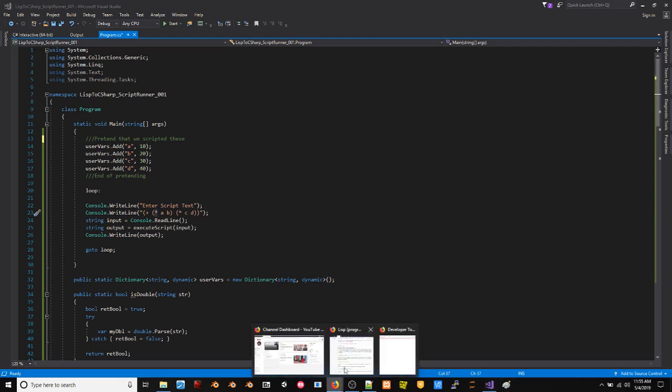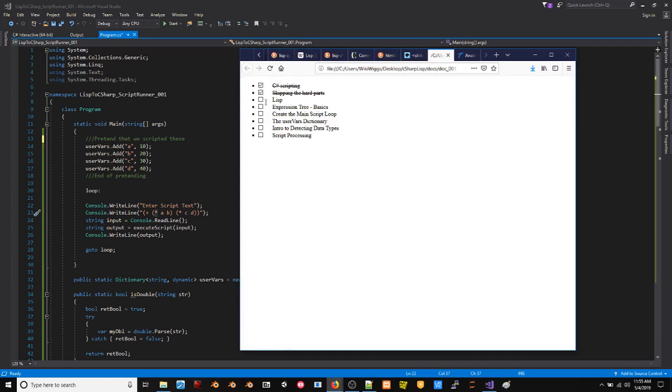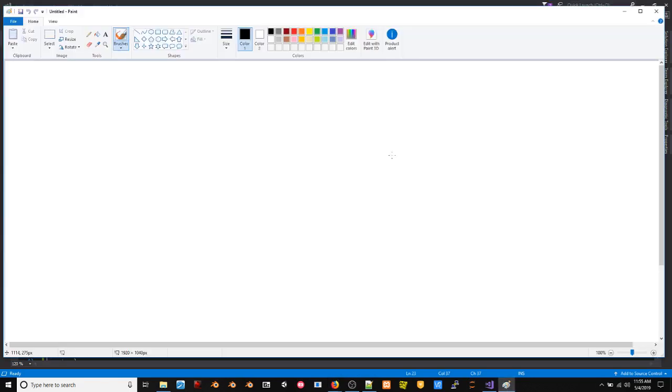Now I wanted to talk about expression trees and why Lisp lends itself to these expression trees. So let's go ahead and pop this open. Now we are going to need something a little thicker. There we go. We're just going to start with this function because we have A, B, C, and D defined, but our ultimate goal for this first part is that we need to parse through, make sense of, evaluate, and execute